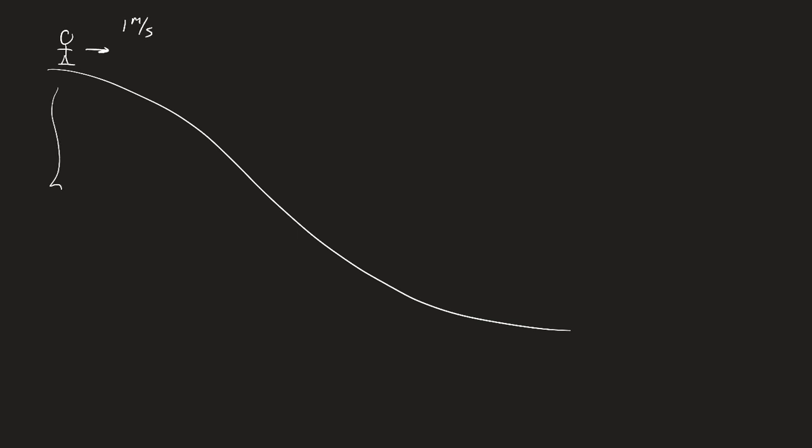All right, so let's consider a test case for you guys to try something, okay? Let's say it's cold out. Let's say you're a person who likes to go skiing. So you up here push off with an initial speed of 1 meter per second on a slope that is 10 meters high, assuming there are no external forces due to friction. How fast will you be going at the bottom of the slope?